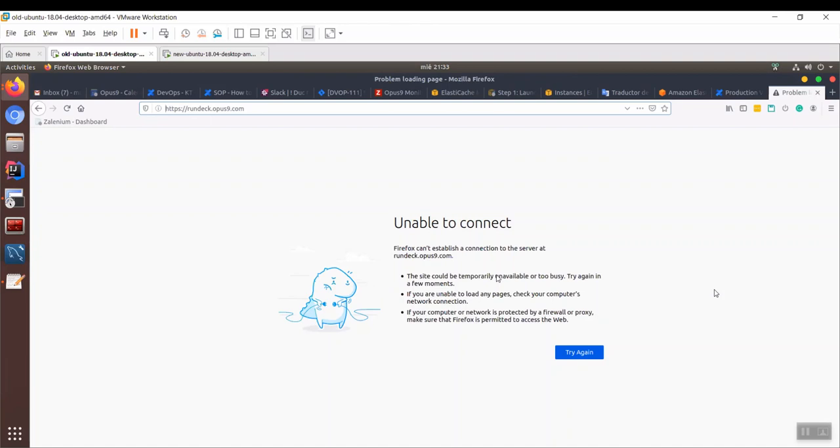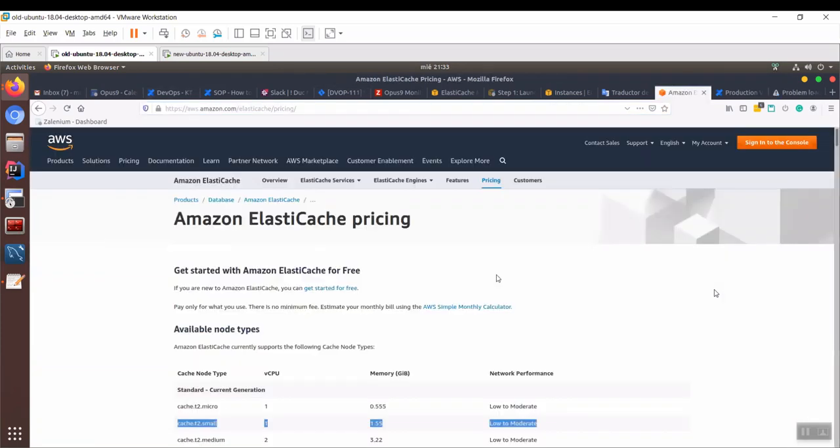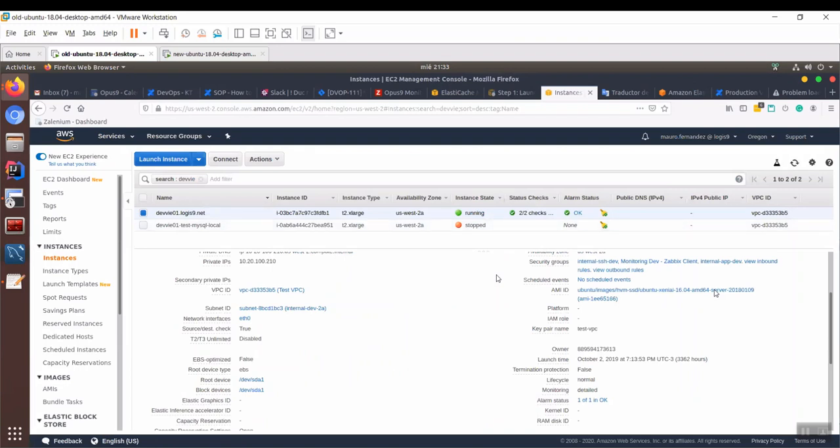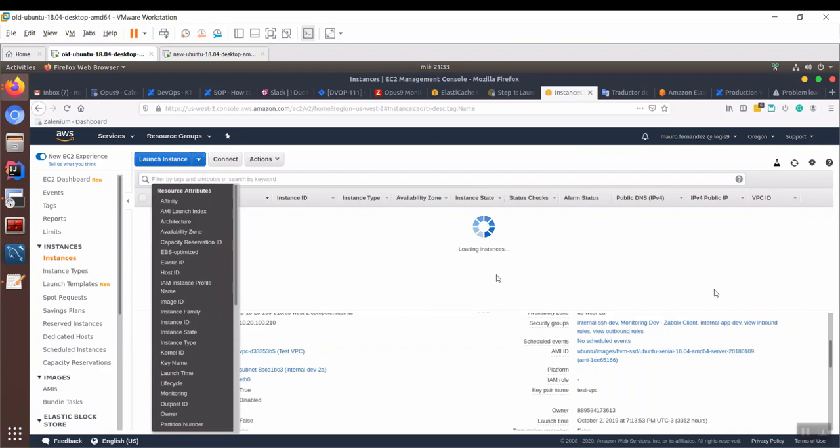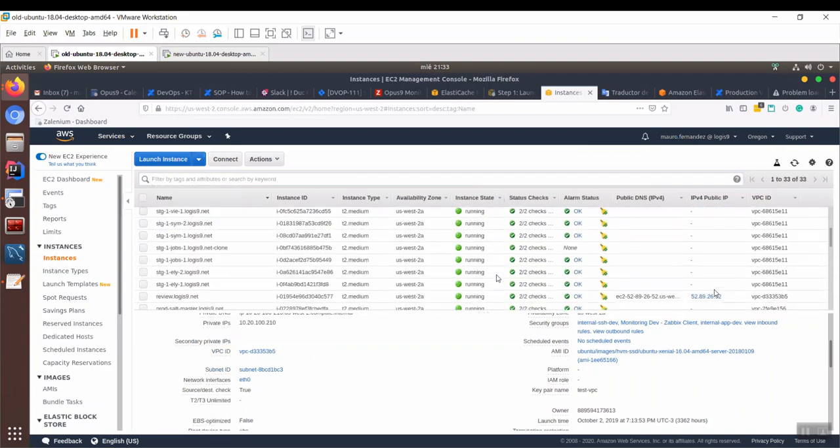And also ask Rama if they want to run the refresh career on production, exactly what we did on staging, but on production. So we need to start the server for production, the clone for production. Do you remember that was stopped? This server.